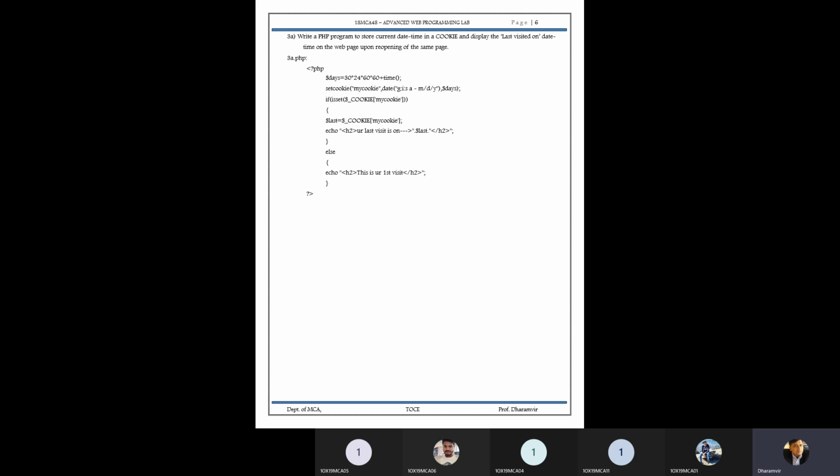Cookies are going to check the status of your system. Cookies are going to check the previous existing data of your system. Cookies are going to check how much time the cookie has been running. So a cookie is nothing but a method that we use to identify and check the last visited time. Once you log into your website, the best example being your internet banking site, it will show you the last login.